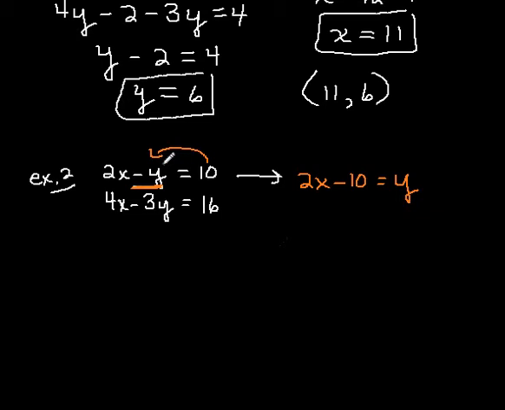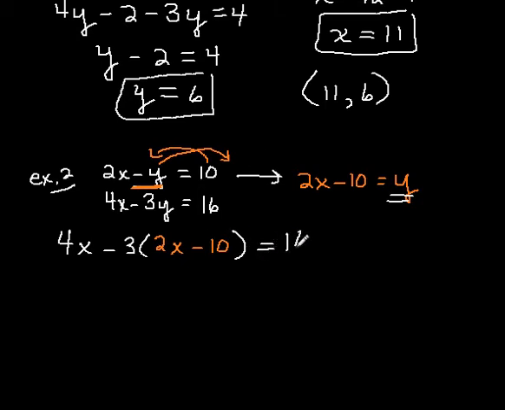So we did get y by itself. We brought the y over here by adding it to both sides, and we brought the 10 over there by subtracting it from both sides. Now we can do our substitution. This time we have a y that we're replacing. We're going to replace the y by what y is equal to. Y is equal to 2x minus 10. So I'm going to do my 4x minus 3. Now we're replacing the y with what y is equal to, 2x minus 10,